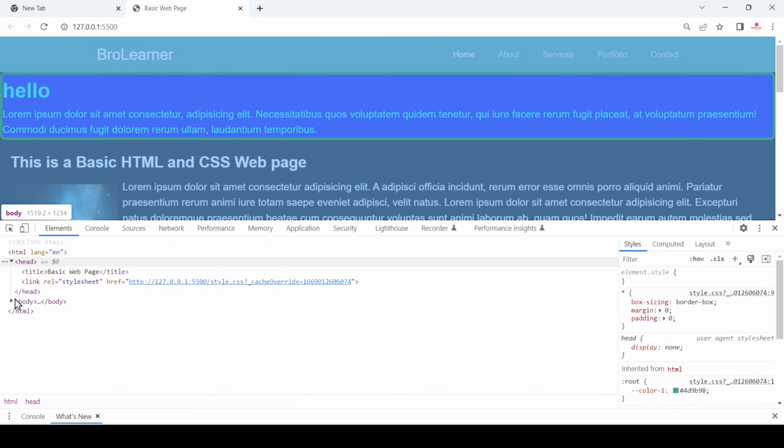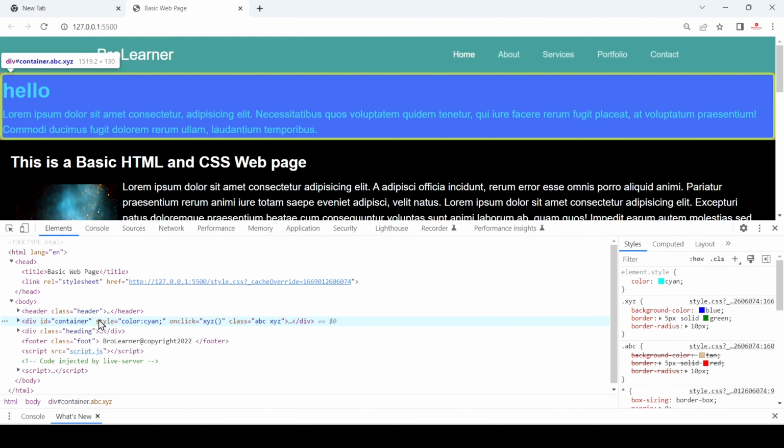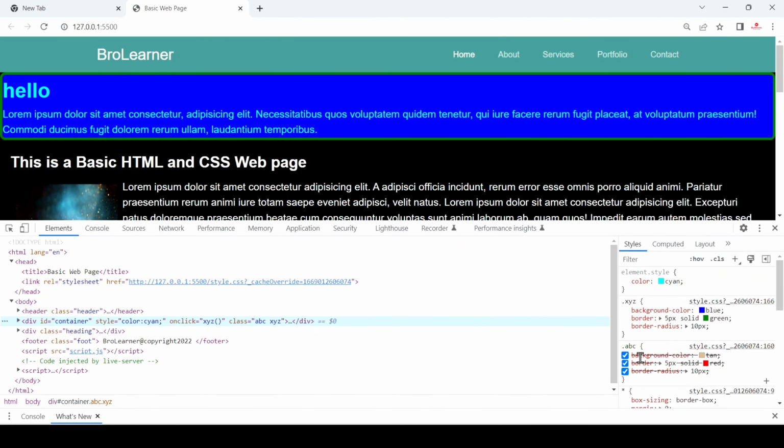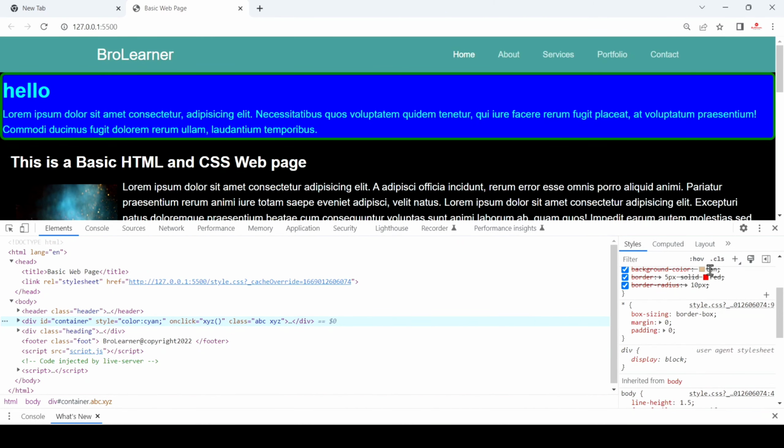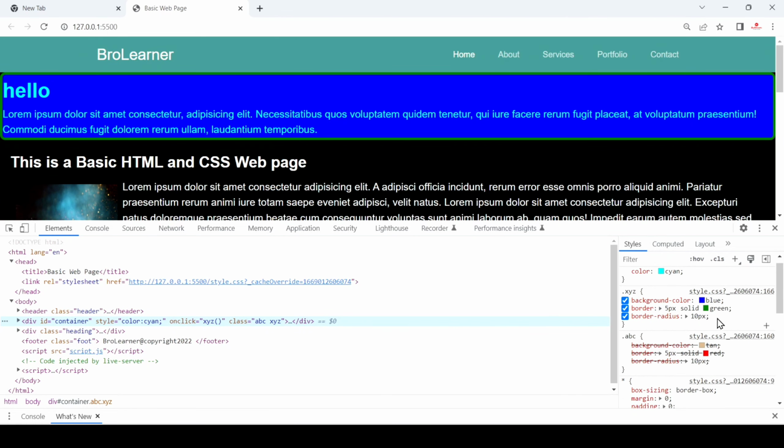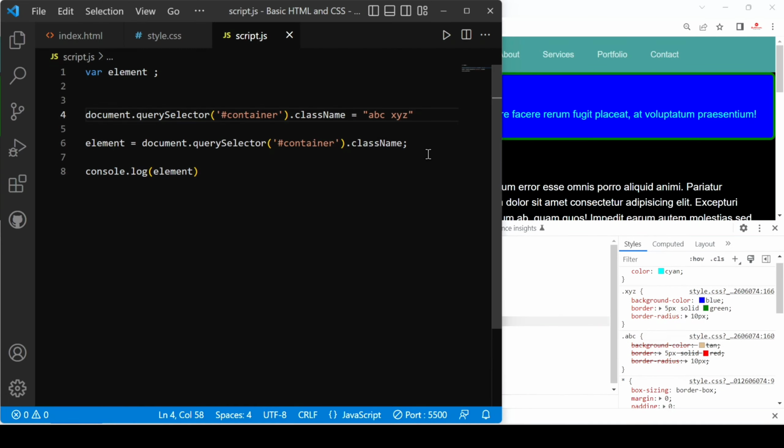okay, we have to select our container. Now you can see our border radius and tan color is cancelled, and this XYZ is applied. Why? Because it gives the priority to the last one. Okay, if we add another one, for example, I add